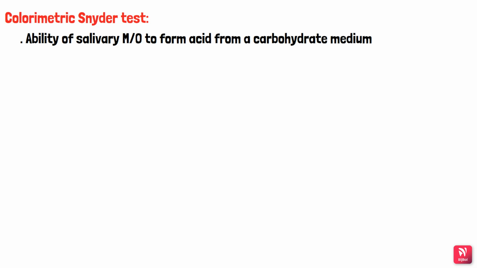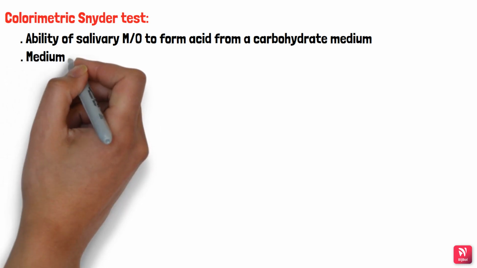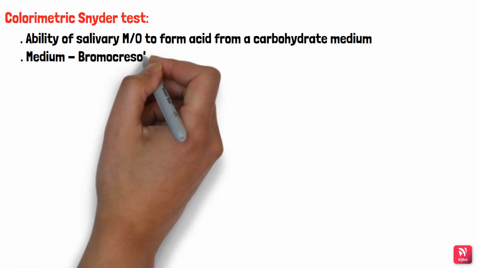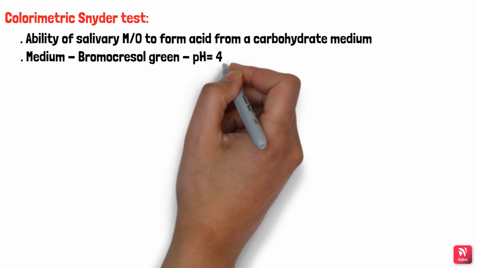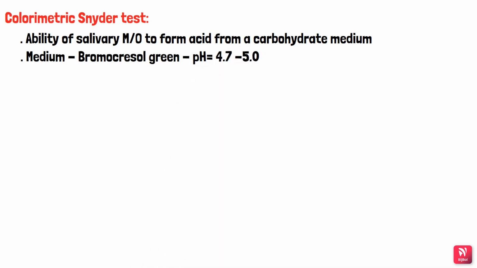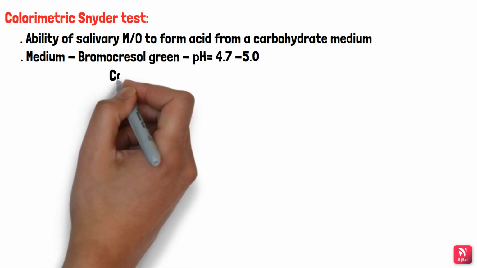Here we see the ability of salivary microorganisms to form acid from a carbohydrate medium. To determine the pH in the medium, we use an indicator called bromocresol green. Usually this bromocresol green is at a pH of 4.7 to 5, and